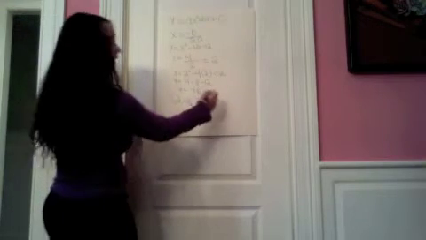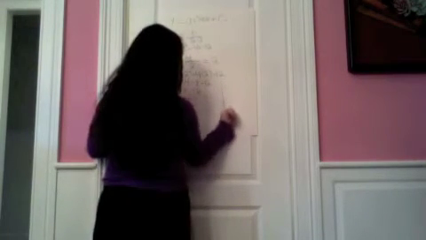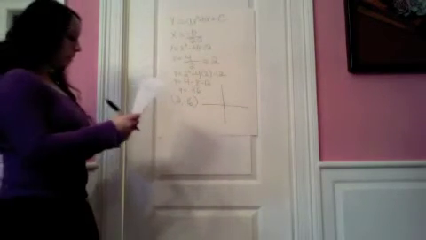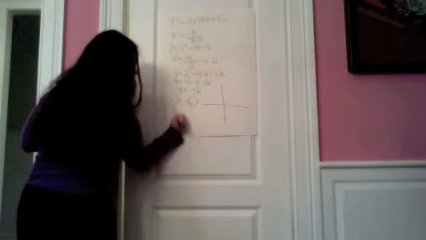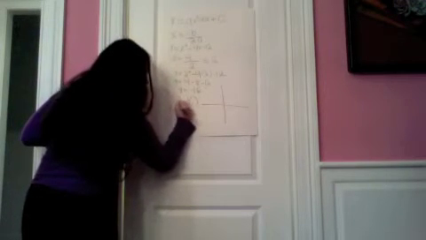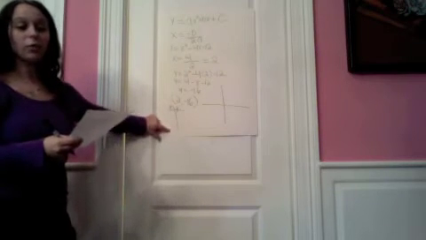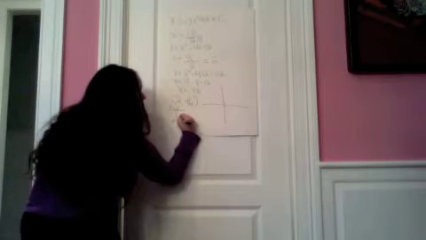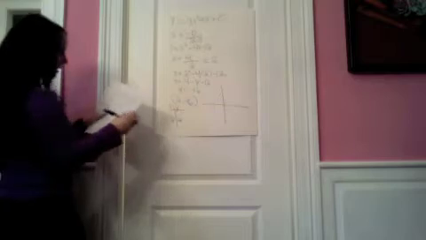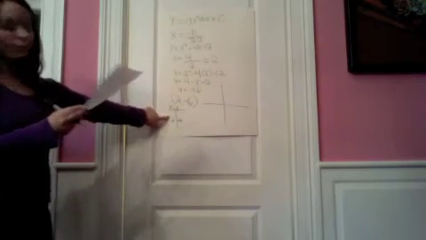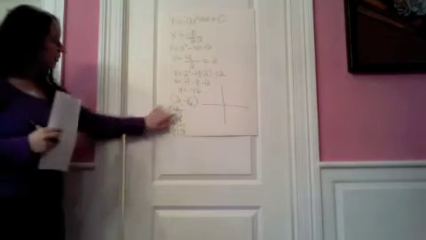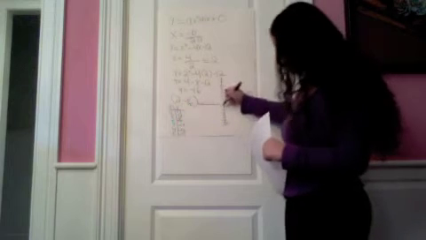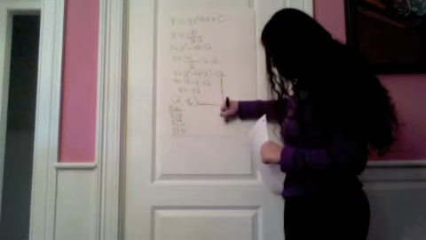So over here, I'm going to graph. As you can see, I set up the graph. And over here, we are going to set up a little table, x, y. In the middle of the xy chart, we're going to put our vertex, which is 2, negative 16. So 2 for the x and negative 16 for the y. And then we can put in on top, starting from negative 1 and ending with 5. Then we take all these points and plot them. As you can see, everything matches up, and when I draw the line through it, connecting the points,